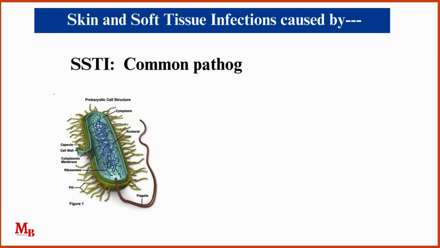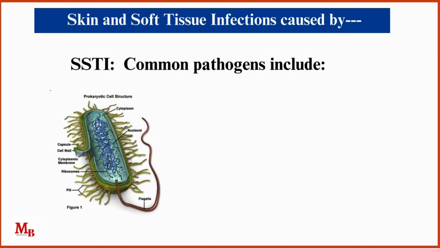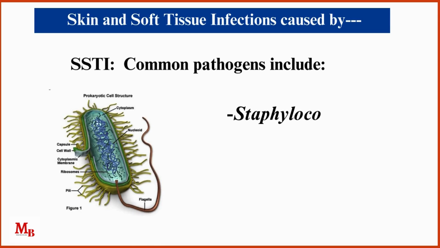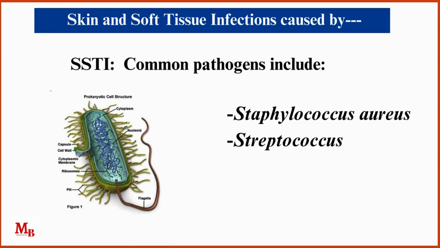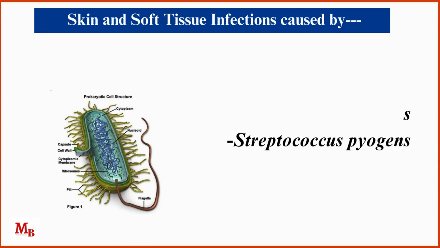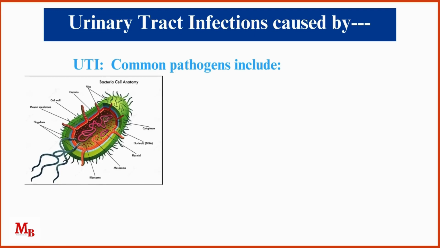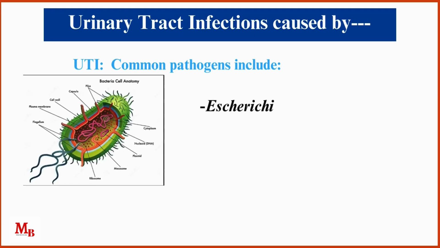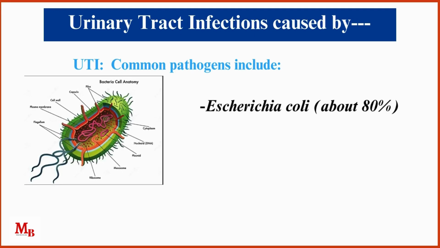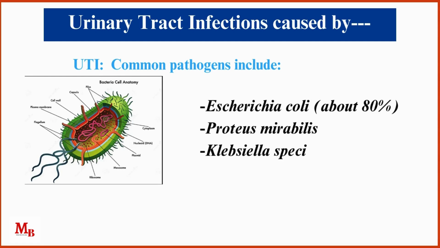Skin and soft tissue infections are caused by common pathogens like Staphylococcus aureus, Streptococcus pyogenes. Urinary tract infections are caused by common pathogens like Escherichia coli, about 80%, Proteus mirabilis, Klebsiella species,